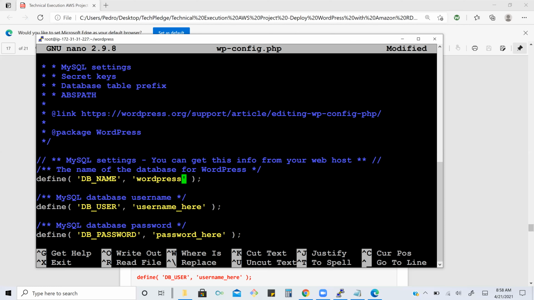No. Can you go back to your notepad? Look at that. What the password we have given? WordPress dash pass. Below, create user. We have created a username WordPress, and we have given a password WordPress dash pass. Give the same, WordPress dash pass.